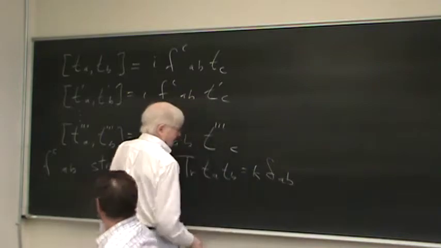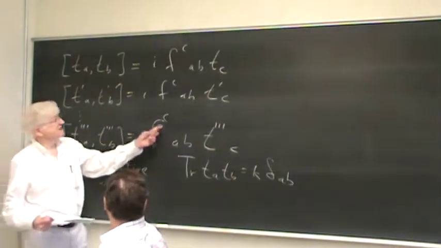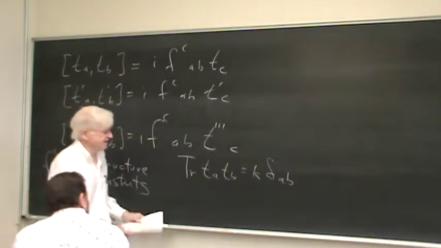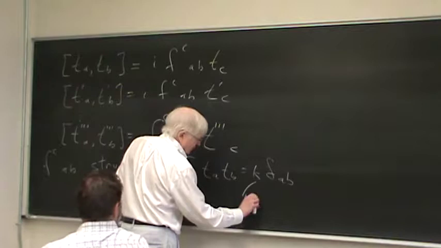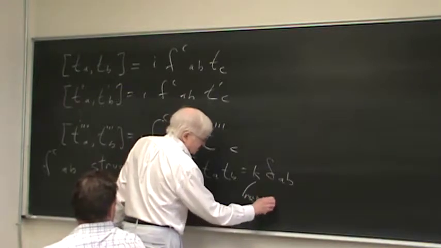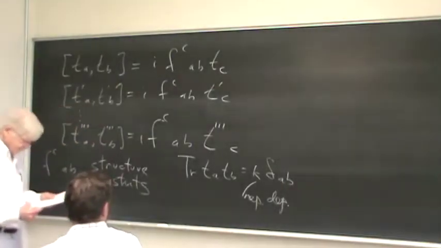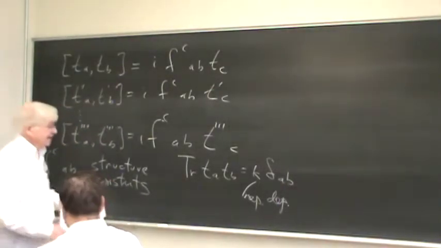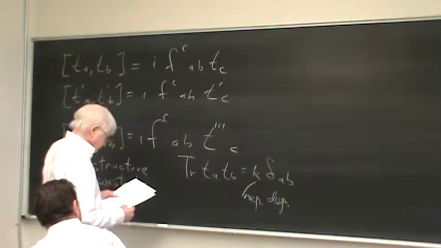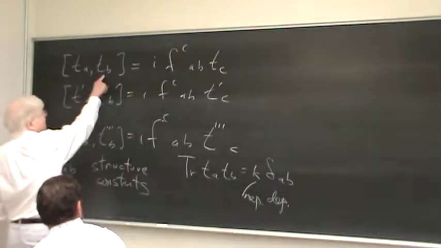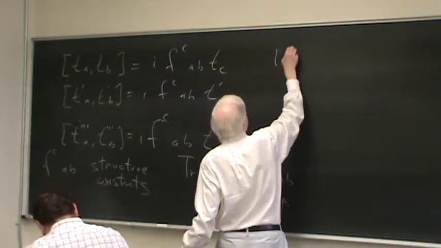So you can make them orthogonal, but because they all have to have the same structure constants here, the K varies with the representation. So this is representation dependent, the K. And we have this multiplication law. If we multiply it by TD, we have